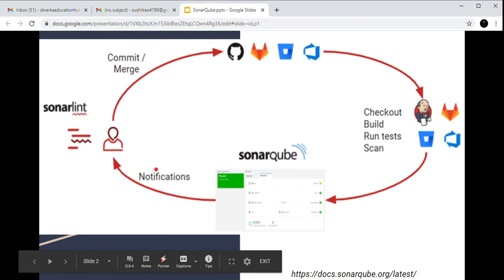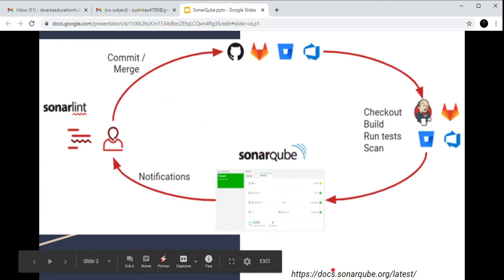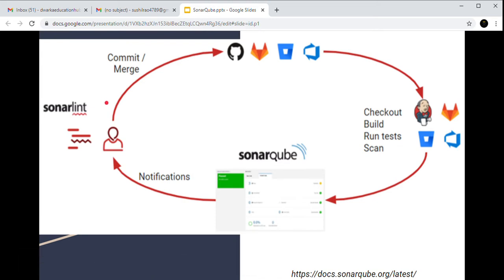Let me explain this part. I have picked this slide from the original website, sonarqube.org. I introduced this slide to give you an overall idea of the purpose of SonarQube and why it is very helpful for us.